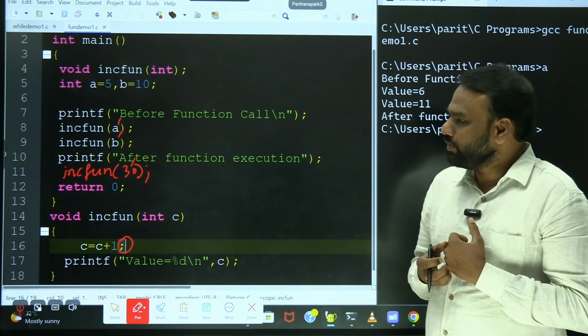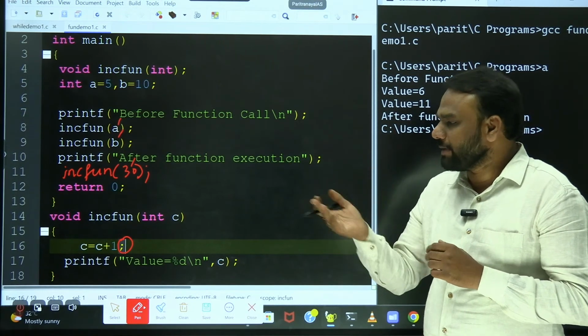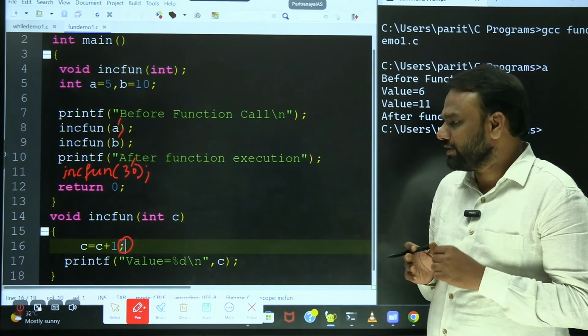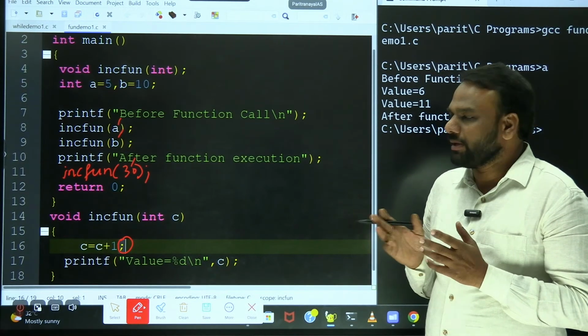Similarly, in the subsequent videos, we'll be discussing the other types of functions, that is, functions with arguments and return types and so on. Different types of functions we'll be